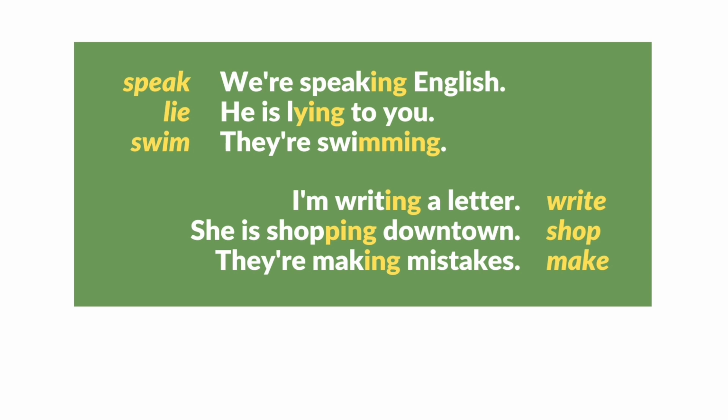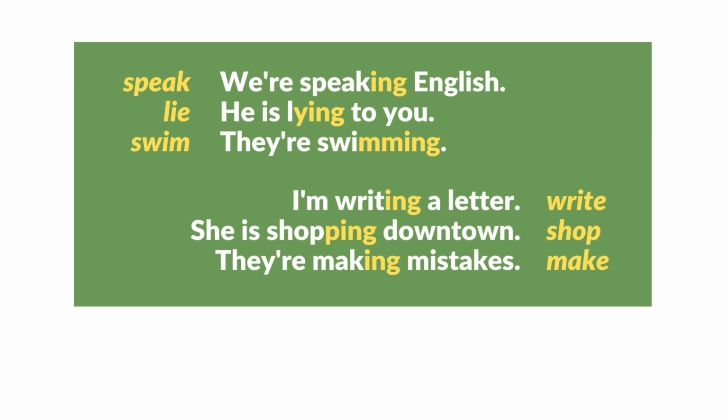Now let's see some more examples. Here, with the verb speak, we're speaking English. The verb speak, you just add ing, speaking. Now with the verb lie, he is lying to you. Lie ends in ie. We remove these two letters and we add ying, lying. They're swimming. The verb swim ends in consonant, vowel, consonant, wim. So we double the final consonant. We double letter M,